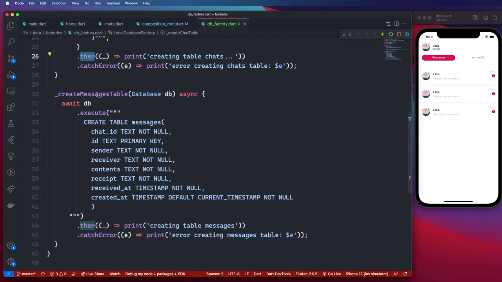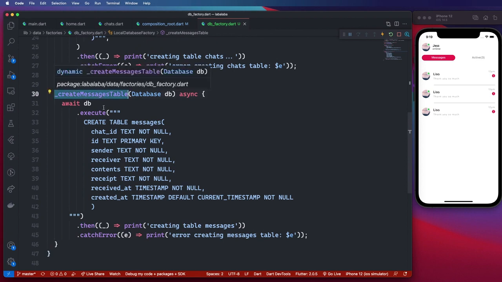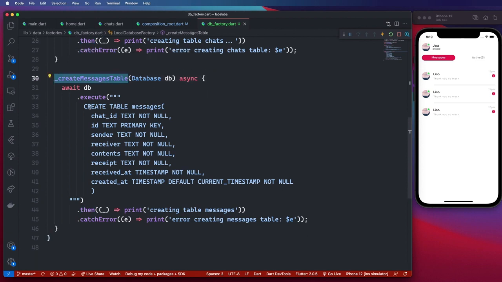Similarly, for our create messages table, we have our create table messages and we have all the necessary fields. We have our chat ID, and all these should not be null. So we have our chat ID, then we have the ID of the message, then we have the sender and receiver. And as you can see, we have changed this in the table from the words from and to, because those are keywords inside of our database. So we cannot use from. So I changed it to